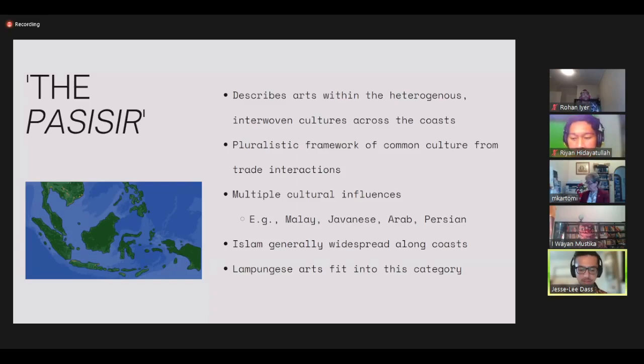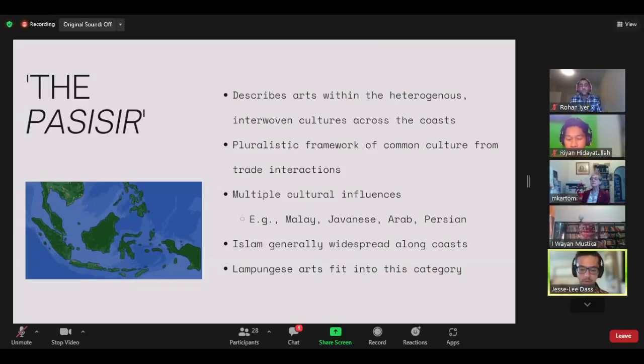is not exclusively Islamic. So focusing back on Lampung, being a peripheral region of Malay, Javanese, and Arab cultures, arts from the coast of Lampung are part of the pasisir sphere of influence. The performers of Robikum Robikum are part of Lampung's coastal ethno-linguistic group, Ulun Lampung Sampai, using an outside traders approach to the Hadrah genre. Likewise, the performance of Robikum Robikum shows identifiable Malay, Arab, and local influences within a pasisir matrix.